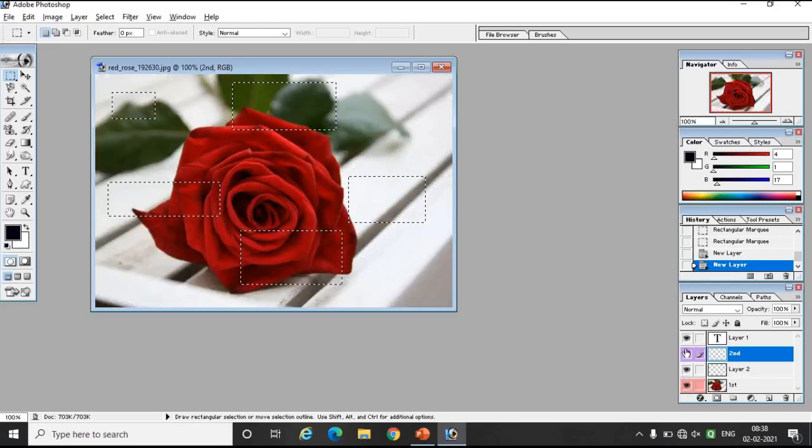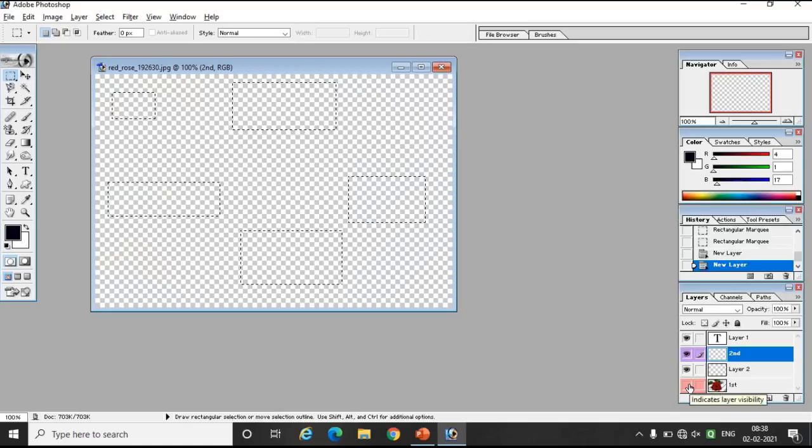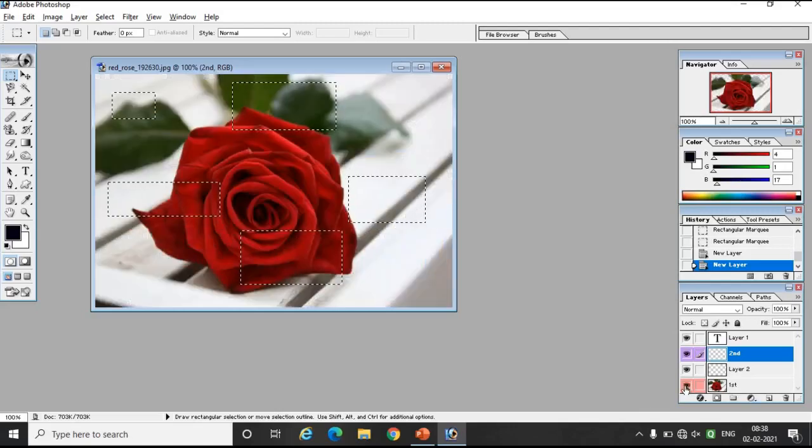So if you want to hide a layer, click on the eye icon in the layer panel so that the layer gets hidden. When you click on the eye icon again, the layer will be visible. Simply see over here. I have clicked here, and my layer is hidden now. Now I want to show the layer, I want to make it visible. Click over here again. The eye will be visible, which means your layer is visible.